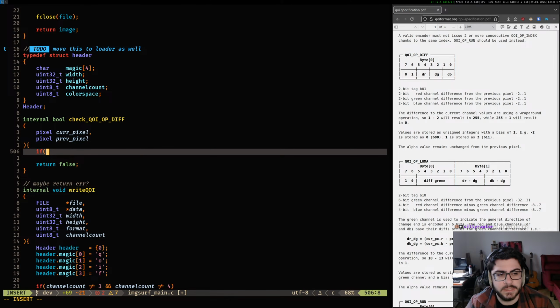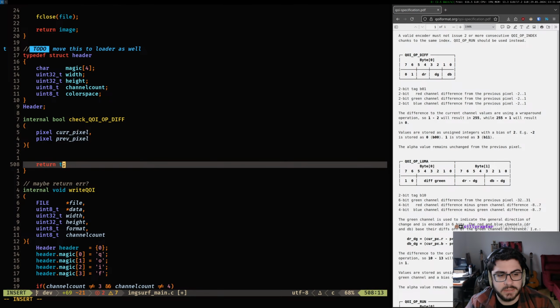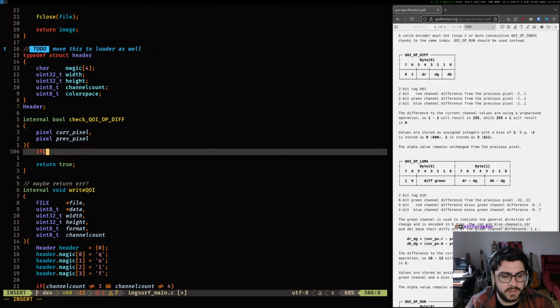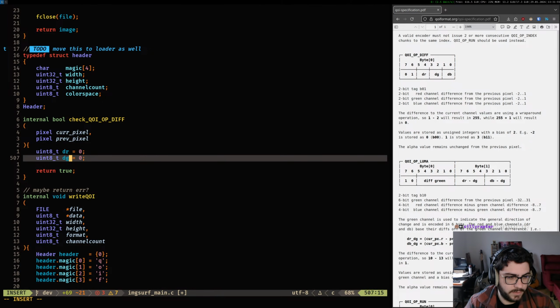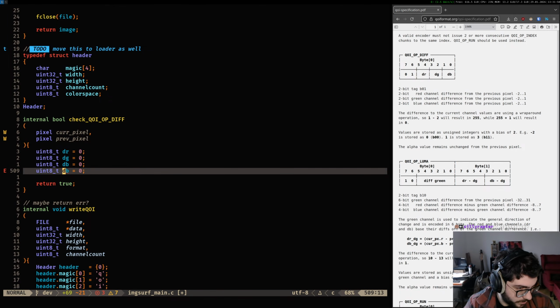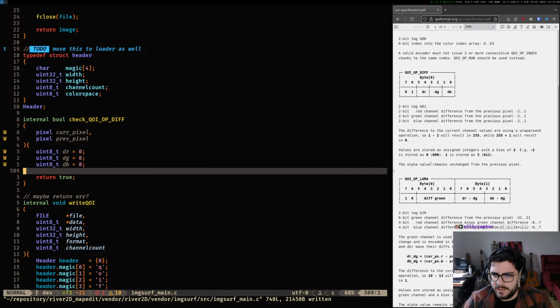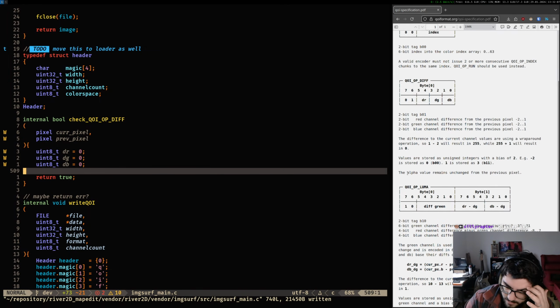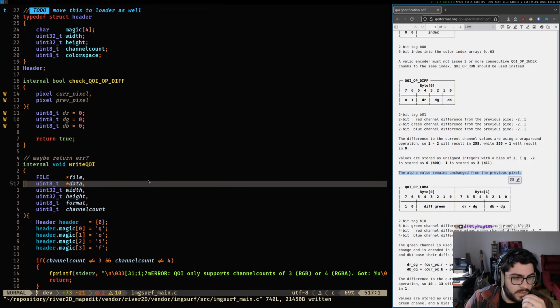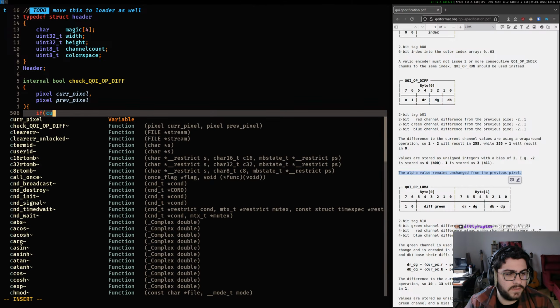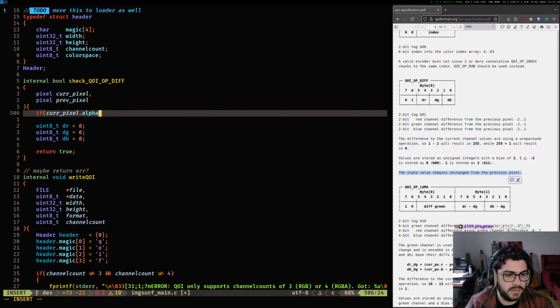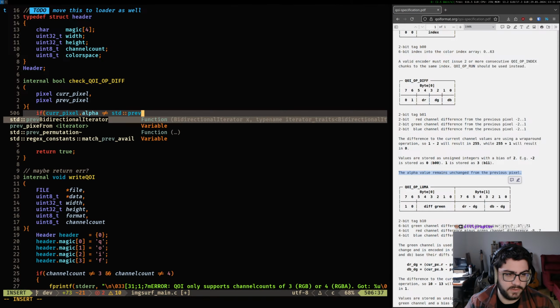So, I guess the easiest way is to just check the negative cases, right? We want the difference from the red, the green, the blue, and the alpha. Do we care about alpha? No, we don't. We assume the alpha is the same. So if cur pixel dot alpha not equals prev pixel dot alpha,